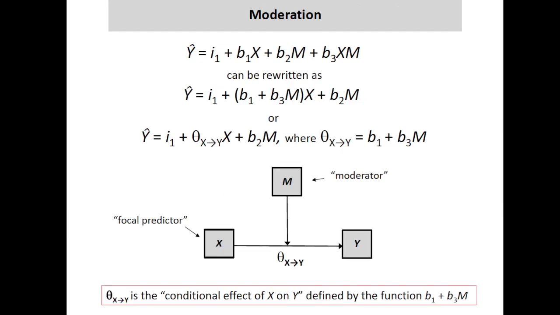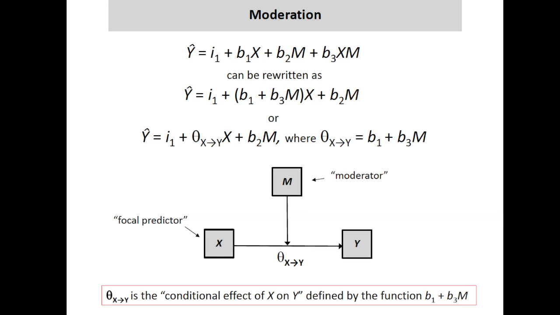Here's another way of representing this, and I'll be using this notation throughout the rest of today. So let me go over it. Here's our model with the product of x and m as an additional predictor. We saw that we can rewrite it this way. I group terms involving x, and then I've isolated x, pull that x out. So that's another representation of that model.